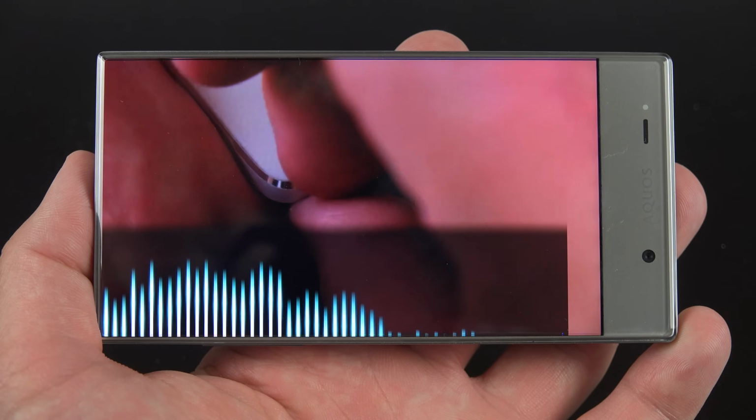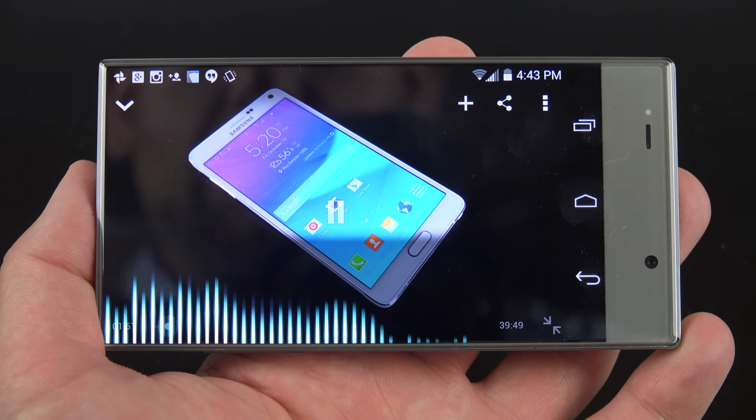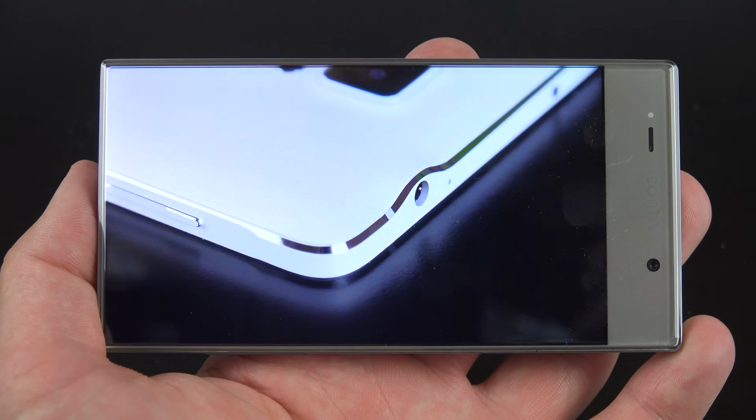We also have a new and improved S Pen with twice the sensitivity levels of the Note 3. Now the battery capacity has been bumped up by 20 milliamp hours from the 3200 from last year's Note 3. Now the other big story with the Note...